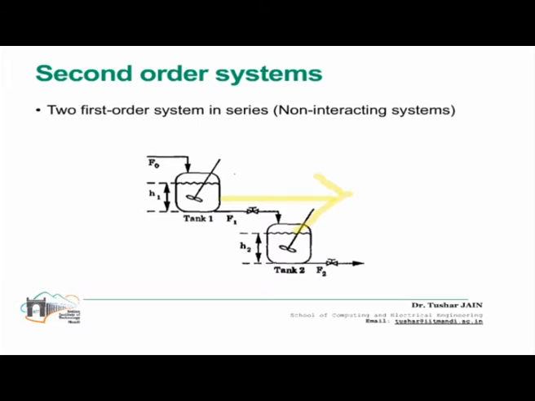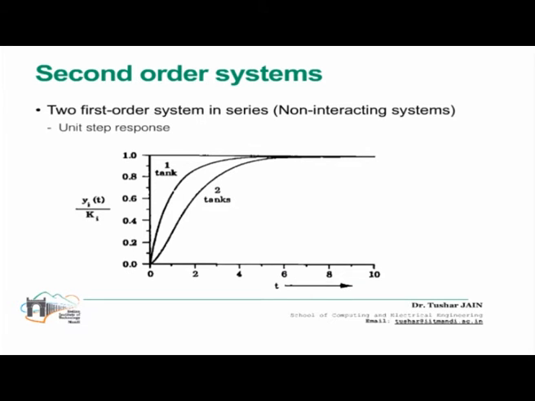Okay, so if you see this system, tau 1 is for tank 1, and tau 2 is for tank 2. So this is the next slide, showing how the time constants of these two systems are going to behave. The tank 1 responds to the input quite quickly compared to tank 2. Why? Because first of all, there is no interaction between tank 1 and tank 2. Whatever change occurs in tank 2 will be reflected at later stages. Makes sense?